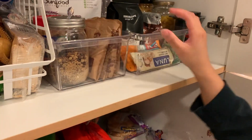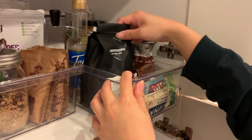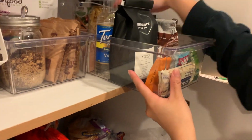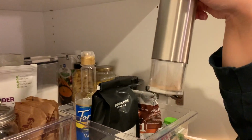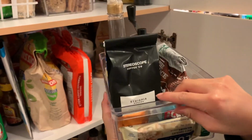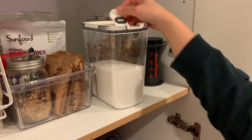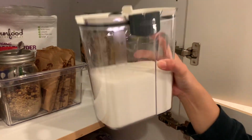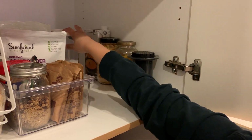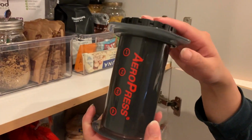And then this basket is kind of like the coffee and tea. Two protein bars that we're gonna finish, two coffee beans, some syrup, and then Sean's little coffee grinder. And then we also have some tea in the back. So this is kind of like caffeine station. And then also behind this, I put the stevia sugar in here. That's really easy to just use and pour out because I use stevia every day. So that's back there. And then on the side, we have the AeroPress that we use every day,